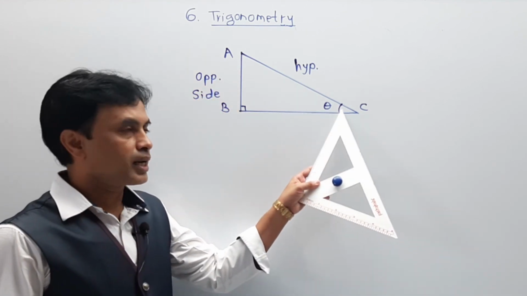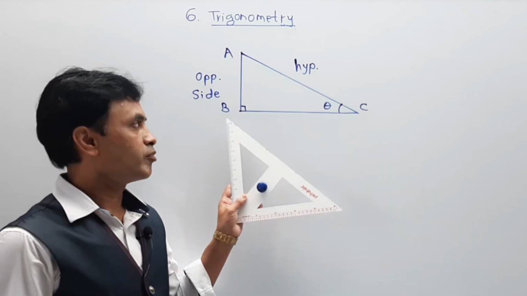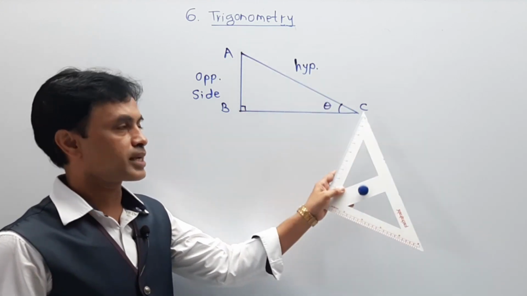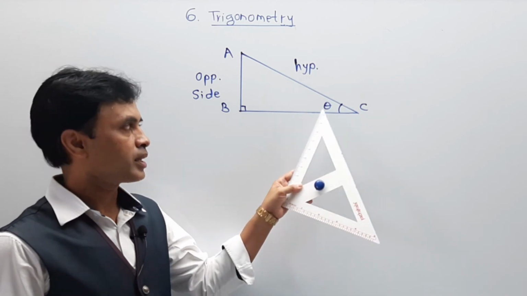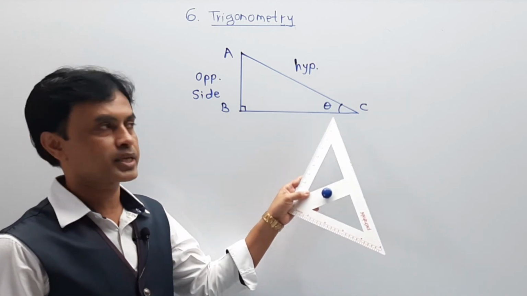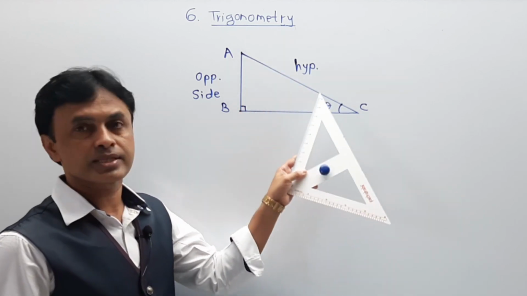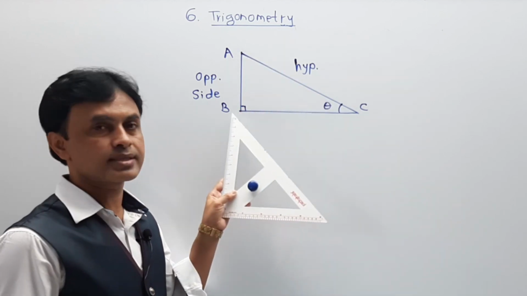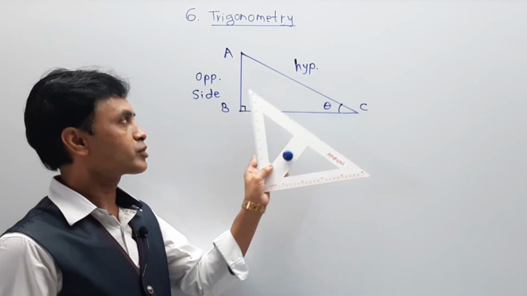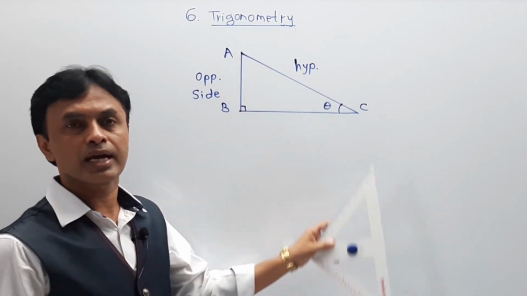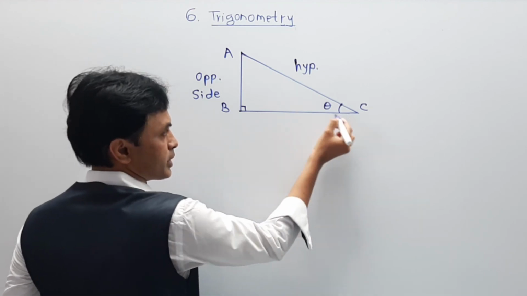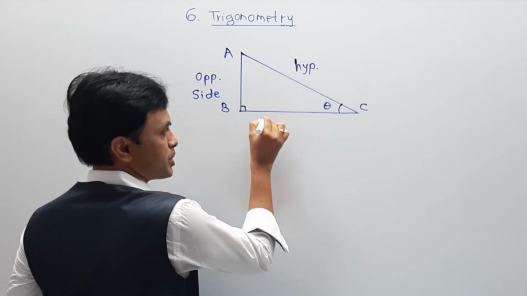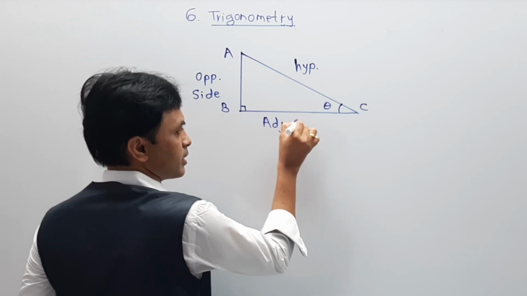Now this theta is formed by two sides. One is side BC and second is side AC, by which angle C, called theta, gets formed here. Now as this theta is here, we have to understand one side is the hypotenuse, it is also adjacent, and this CB is also adjacent. As we have already given the name hypotenuse to AC, I am going to say the side connected to theta, that is BC, is adjacent. So BC is called the adjacent side.